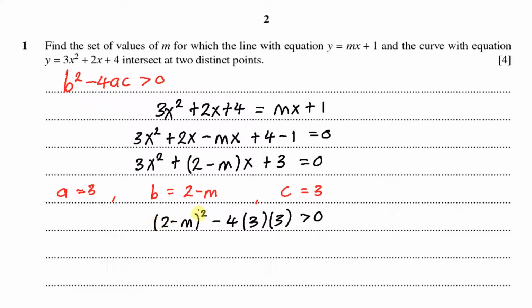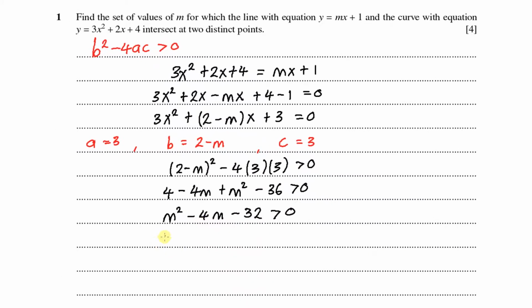Expanding, I have 2 squared, that's 4, minus 2 times the product of this 2. So that will be 2 times minus 2m, which is minus 4m. And then that's plus the square of minus m, that's m squared. And then that's minus 4 times 3 times 3 is 36, and it's all greater than 0. Rearranging, I'll be having m squared minus 4m, and 4 minus 36 is minus 32, and that's all greater than 0. I can factorize this,